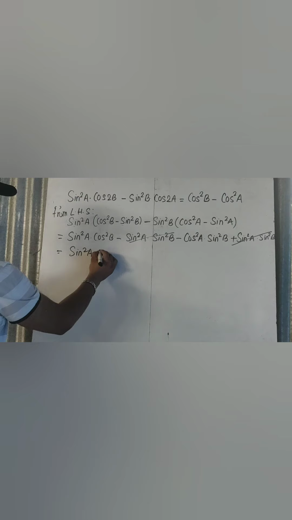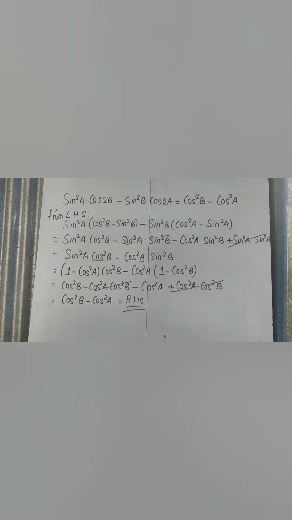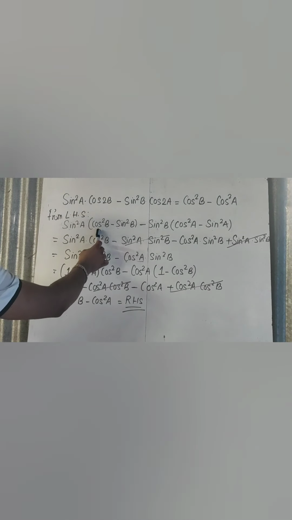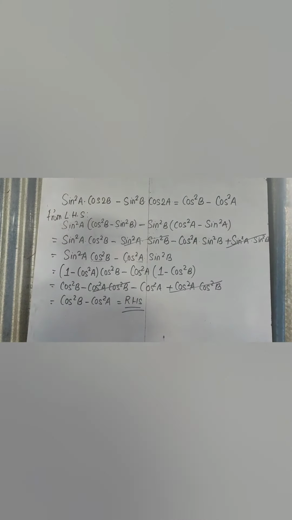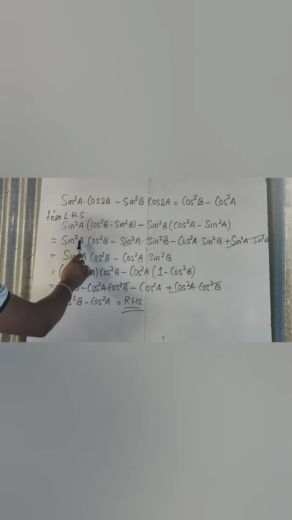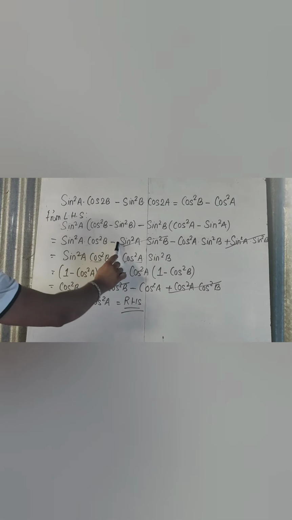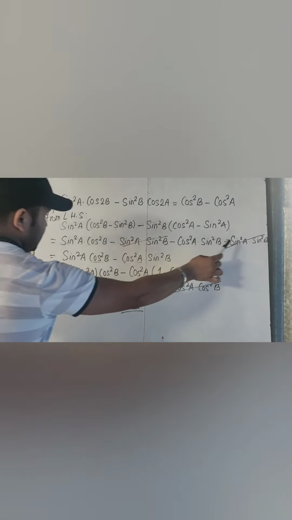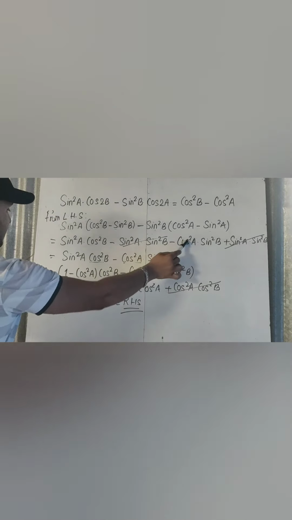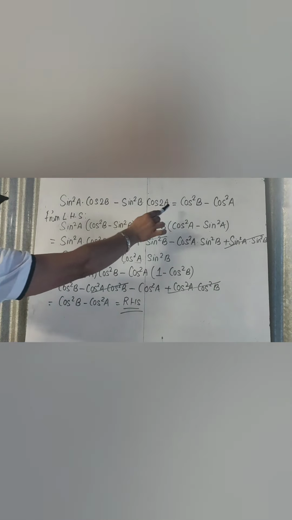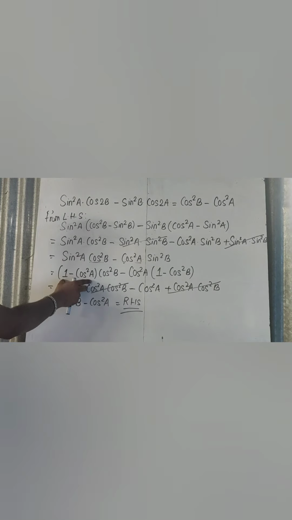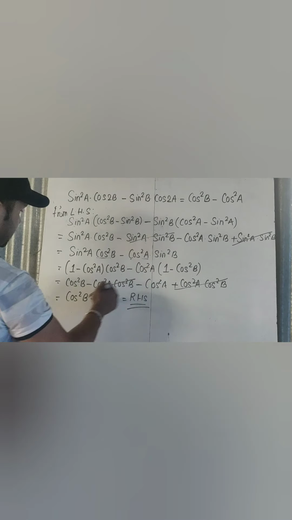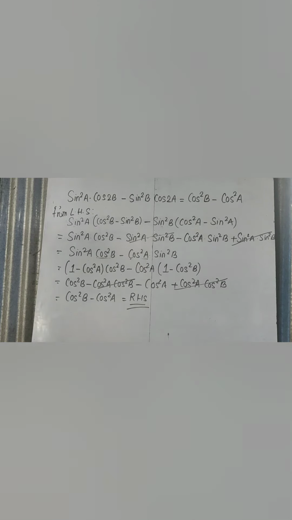Now we check our terms on the right hand side one more time. You can see here cos 2B is changed to cos square B minus sin square B, and cos 2A is changed into cos square A minus sin square A. When you multiply this cos square A sin square B, you get this term. Now this and this got cancelled, and this and this part is left. Now on the right hand side you have cos square B and cos square A. So we use the formula of sin square A and sin square B, then again multiply and further solve to get the answer. So this much.